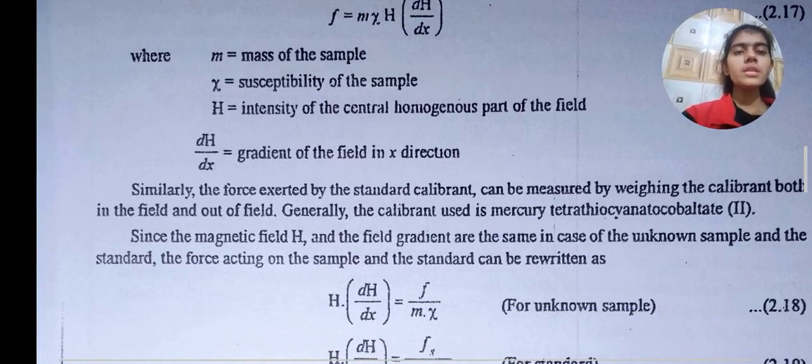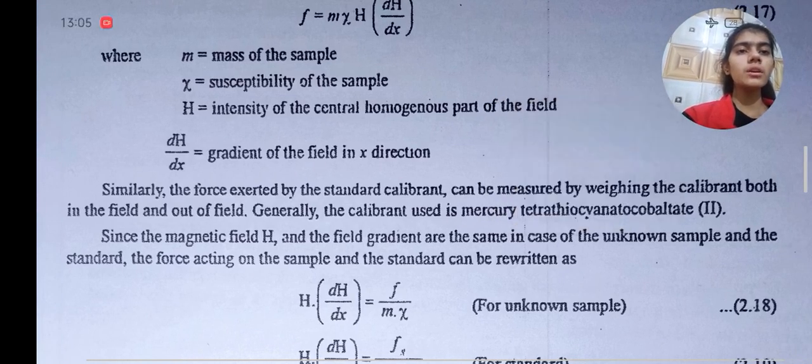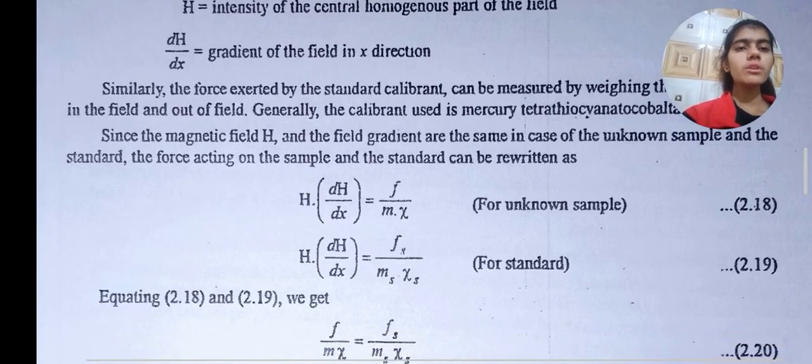Similarly, the force exerted by the standard calibrant can be measured by weighing the calibrant both in the field and out of the field. Generally, the calibrant used is mercury tetrathiocyanatocobaltate(II). Since the magnetic field H and the field gradient are the same in the case of the unknown sample and the standard, the force acting on the sample and the standard can be rewritten as H into the gradient equals F upon m into xi,